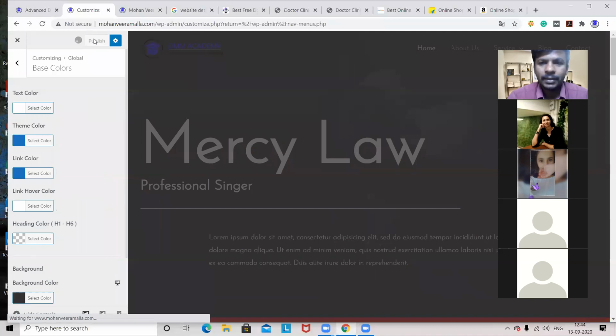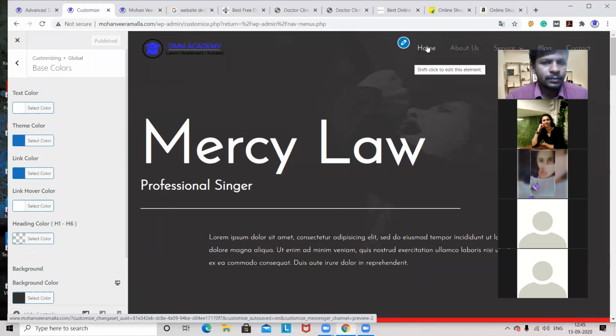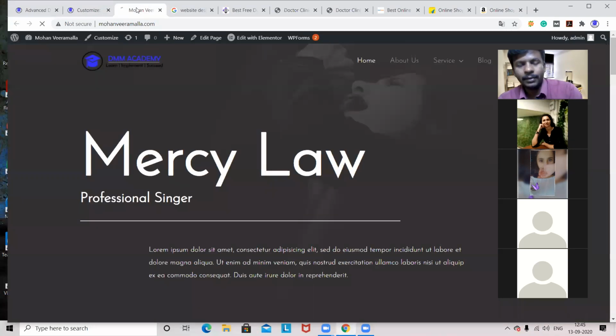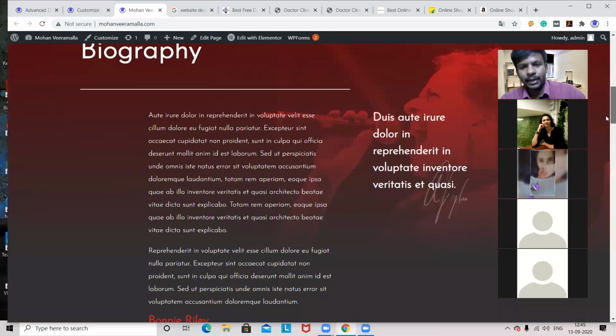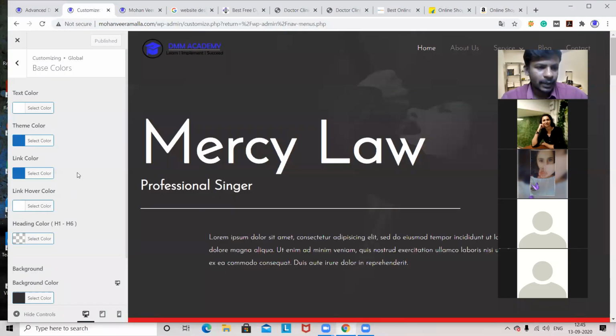When I publish, by default you can see the home link color has changed. No, so we'll see in the main website. Sometimes it will not show here. No, it is not getting changed. Somewhere some links got changed. You have to check. Or maybe it is this kind of link. For example, if you're giving it for this text, that may be the link. But actually that should also get changed.